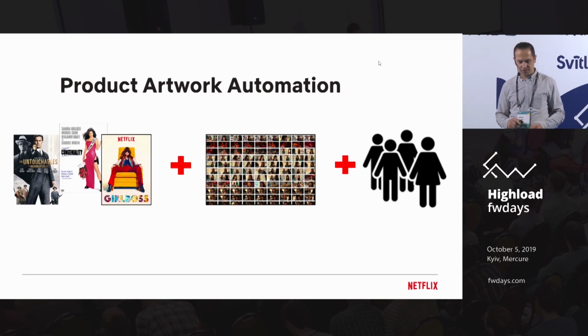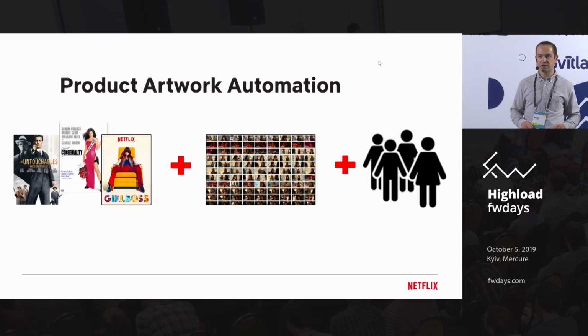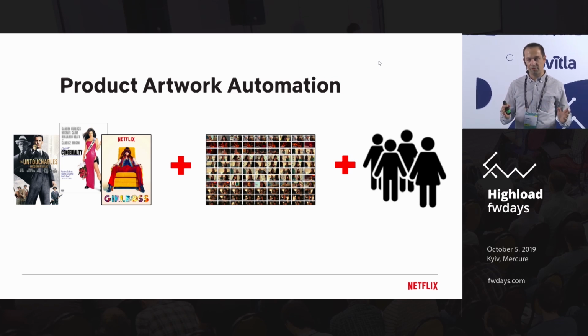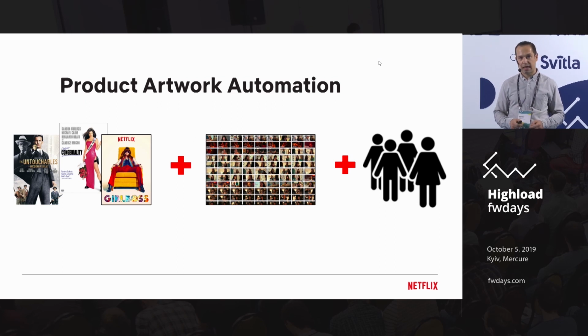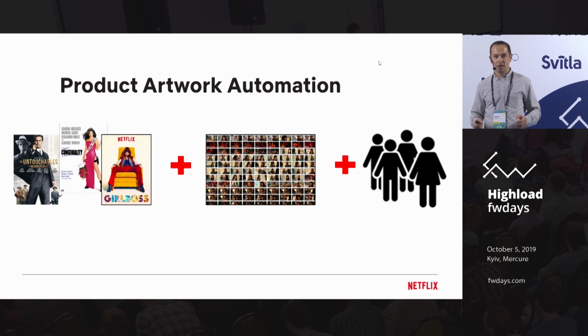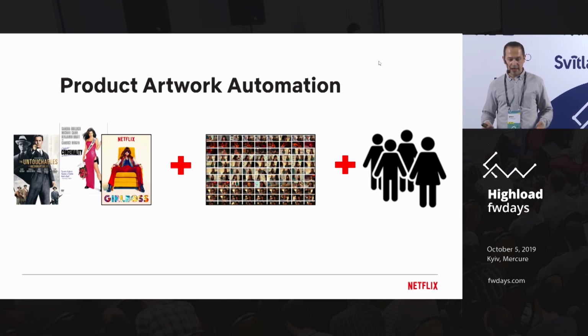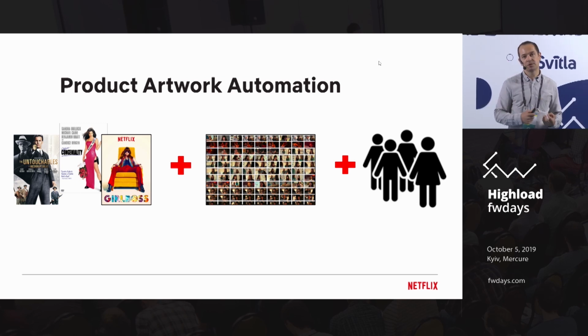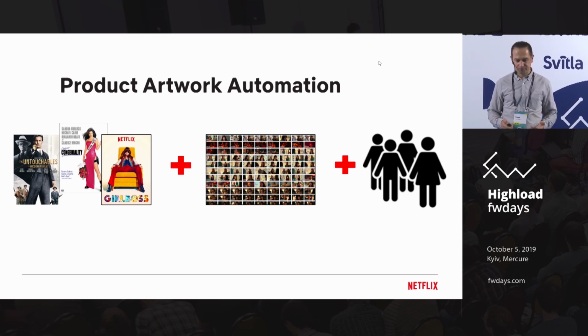There is another interesting problem. The number of movies on Netflix is big. There are a lot of possible options for images you could create for those movies, advertising those movies. And then there is a big audience. So combining the two is like a multiplication every time. So picking the right picture to represent a particular title is a really combinatorially hard problem.